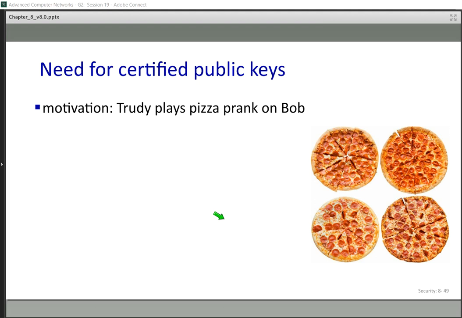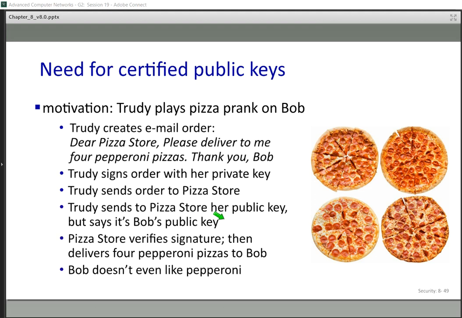For example, Bob sits in his house. Someone rings the bell and knocks on the door. "Okay, I'm pizza delivery. I bring your order." My order? But I have no order. What do you say? I was in my home and I have no order for pizza. "But you ordered this, and this is your name, your address."